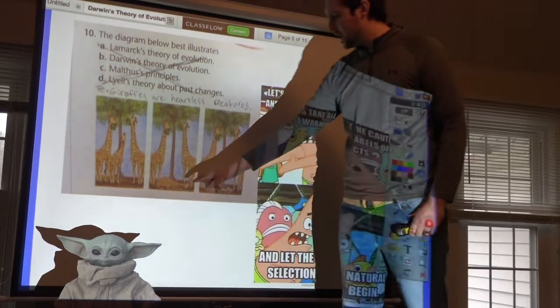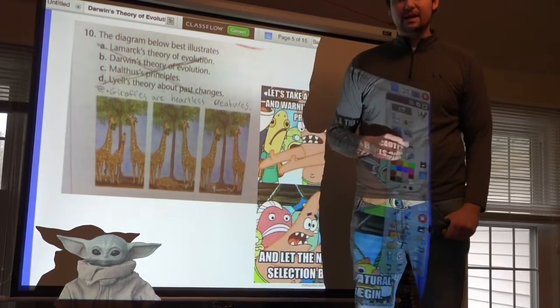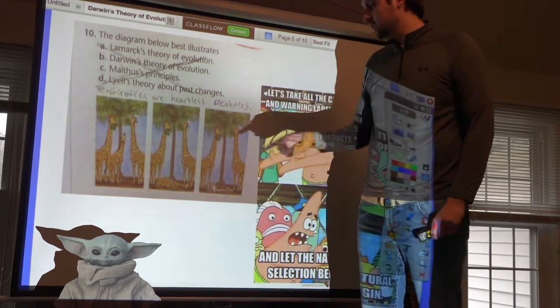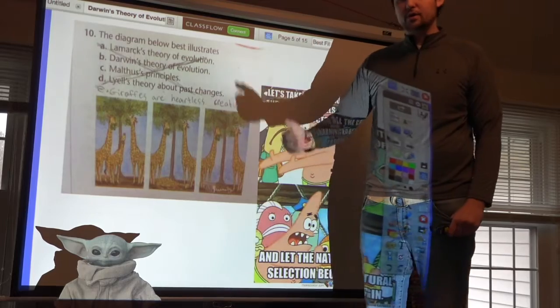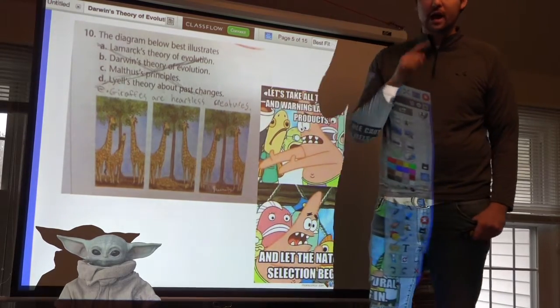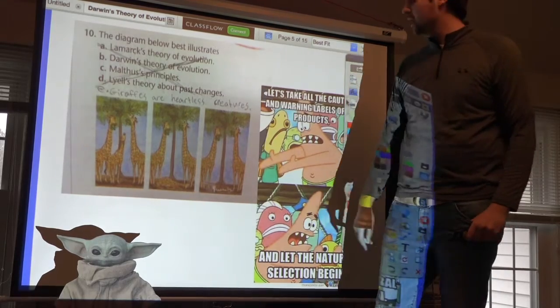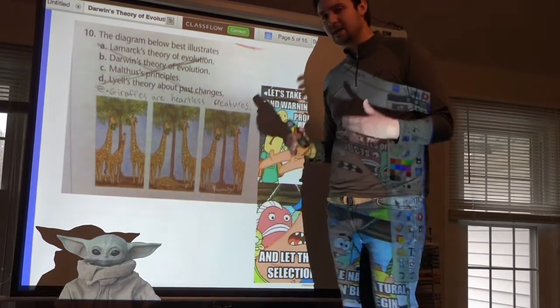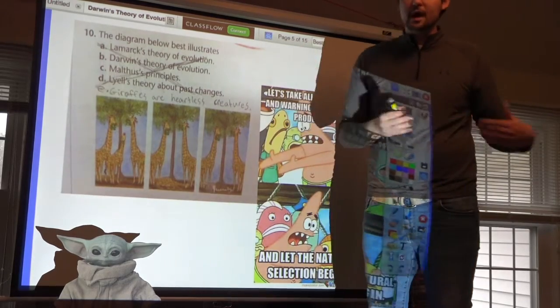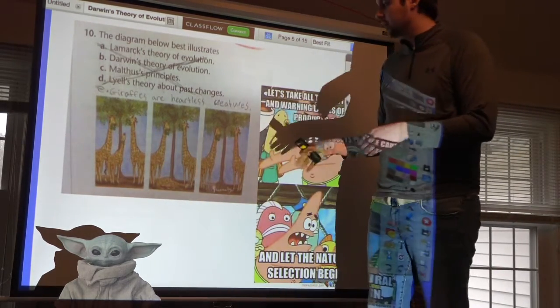So this giraffe, this short-necked giraffe, was not adapted or suited for its environment. So most likely it did not grow up to have offspring or pass its trait for a short neck onto the remaining generations. And because that did not occur, the short-necked giraffe is probably not going to survive or be present in the next generation.